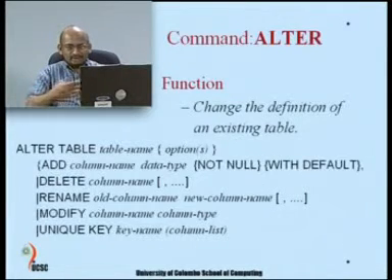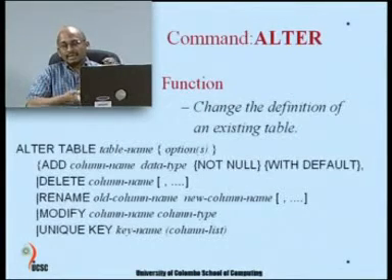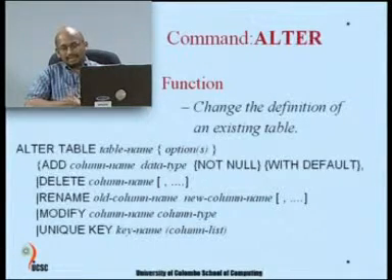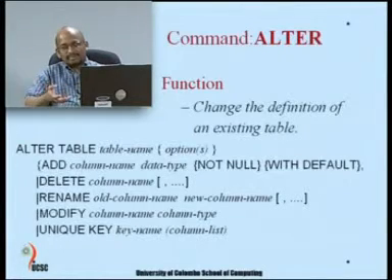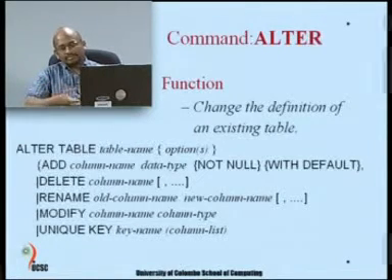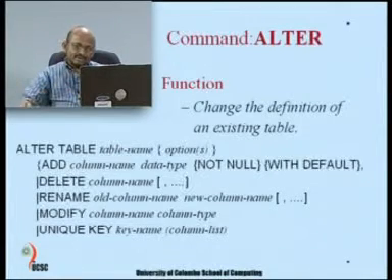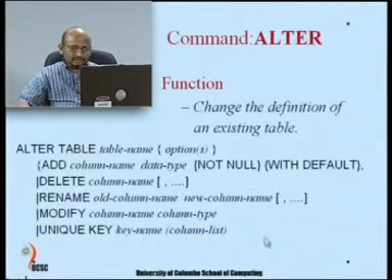So, you should do only possible types of conversions and always try to do only one change at a time, because multiple changes practically become too complex, and there is a risk of the system sometimes doing part of it halfway and then falling into trouble or crashing, and you may have an issue. So, it is always better to do one at a time. That is why these options are given: either add or delete or rename or modify.